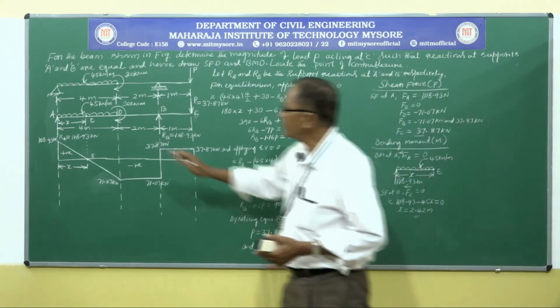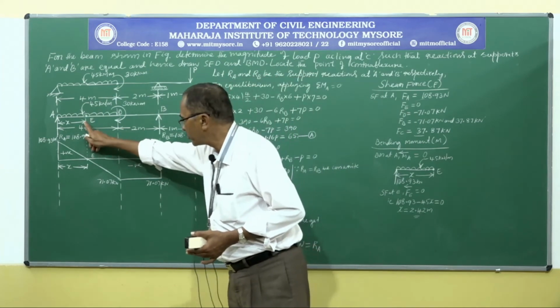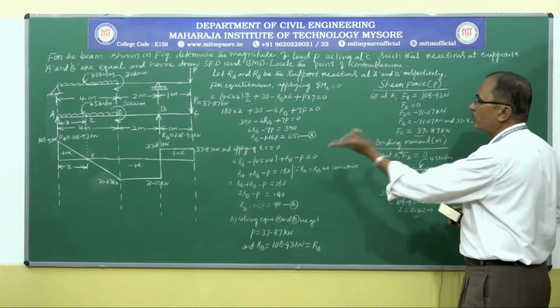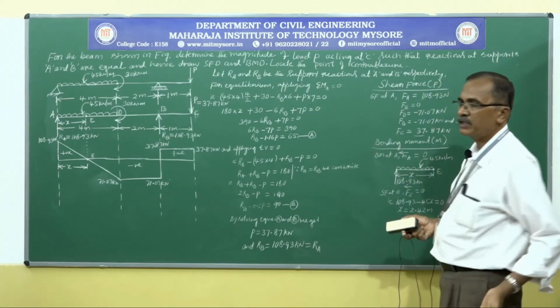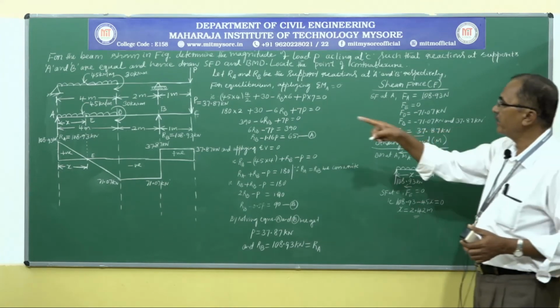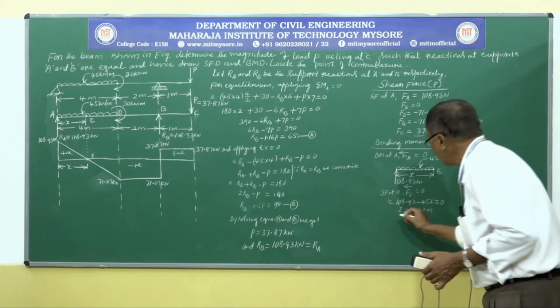Suppose we consider the right-hand side and mark x from E to D, the remaining value, since we got 2.42, is about 1 point something meters out of 4 meters. So now we can easily calculate the bending moment at point E. Refer to the same figure to avoid confusion.